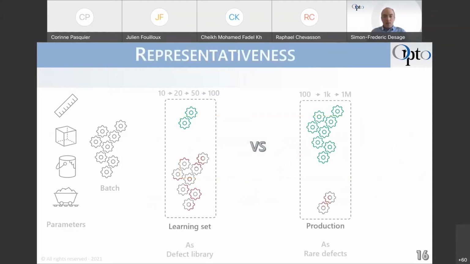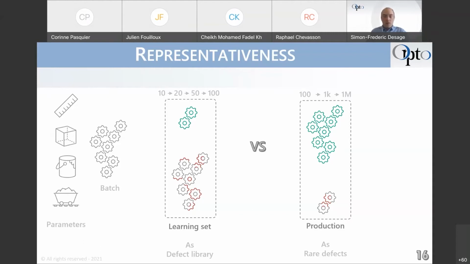Some difficulties we have in industry: many times when we start a machine learning project, we get a small batch of data. When we have many parts, we have 100 parts. And we have a problem with the company's knowledge about deep learning, because they know the performance of deep learning. But in deep learning, you need at least 10,000 points to train the model. So in our case, with 100 points, we do not have enough, and we can start to learn, but